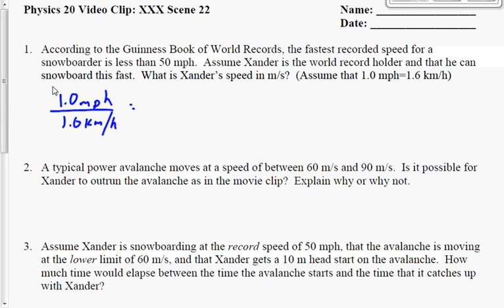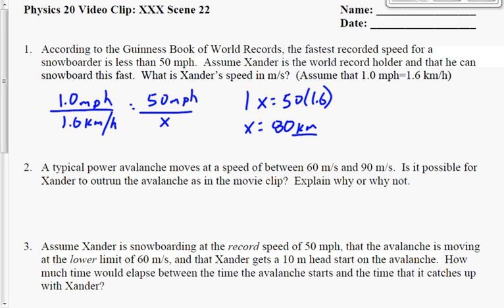We've got 50 miles per hour equals x kilometers per hour. Now what I want to do here is cross multiply to get the x on the top. It becomes 1x equals 50 times 1.6. X ends up being 50 times 1.6. Divide that by 1. We end up getting 80